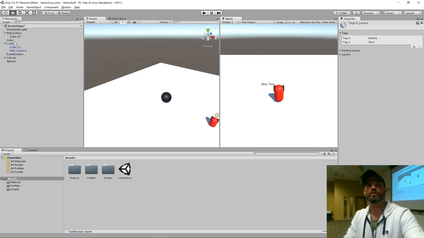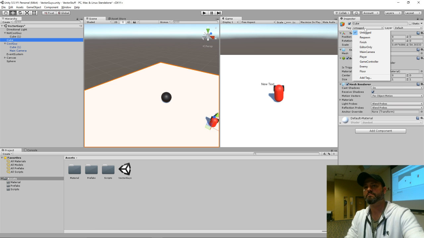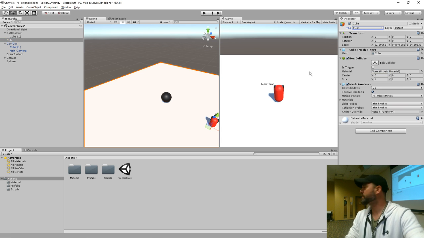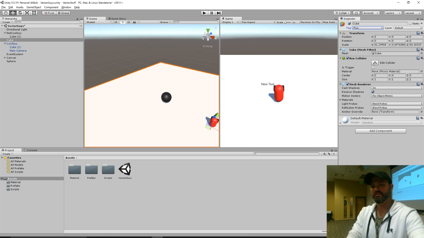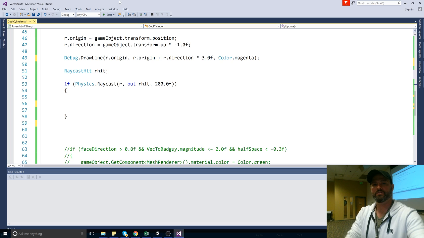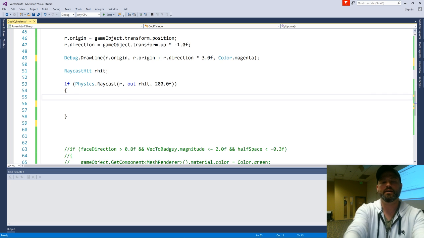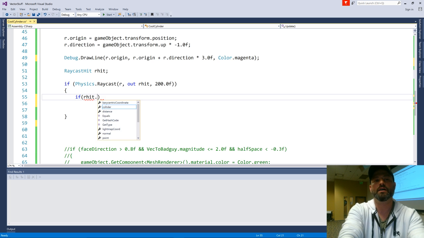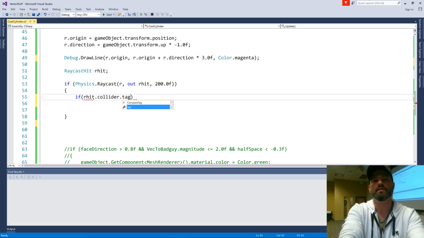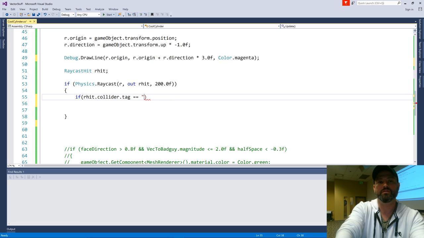No reason. A plane would work fine. But now I have something tagged as floor. And if I want to say raycast hit, if hit dot collider dot tag is equal to floor,